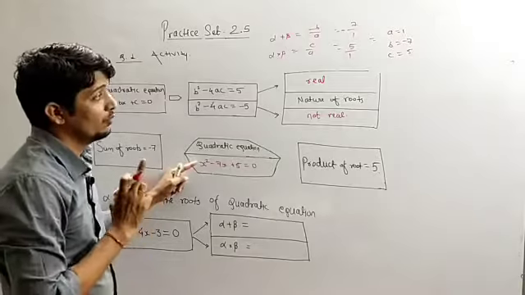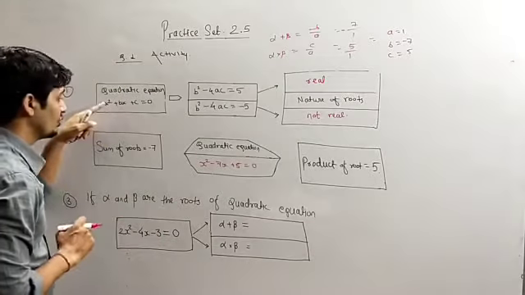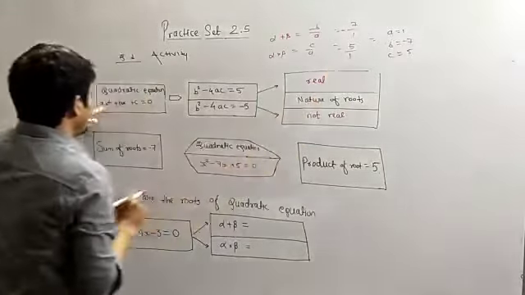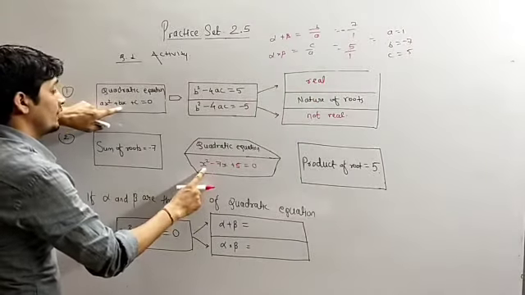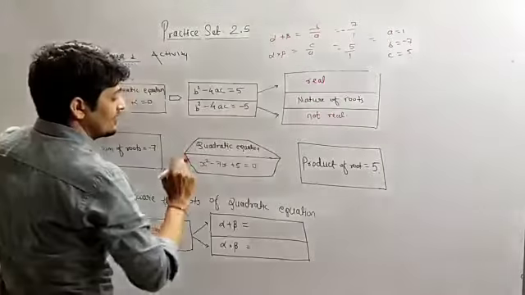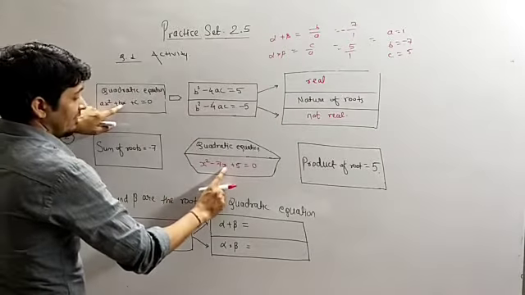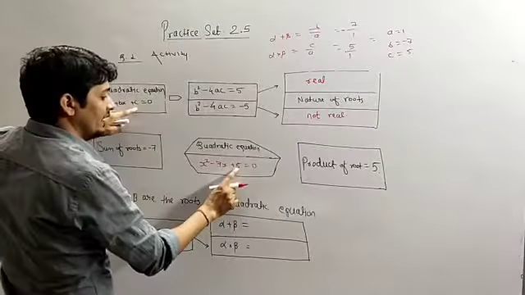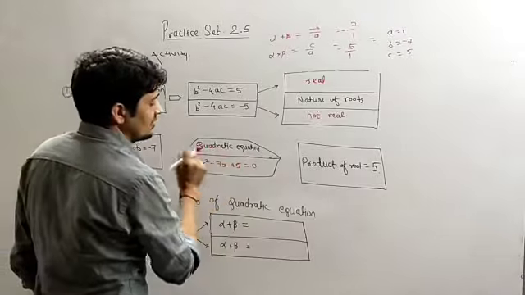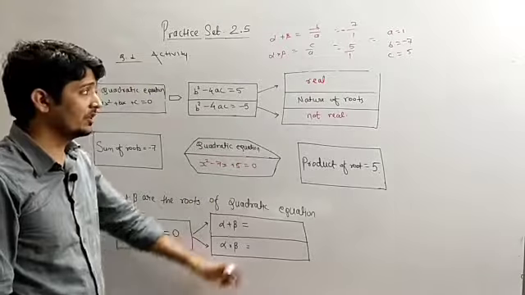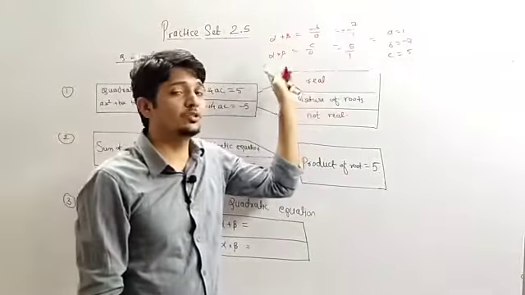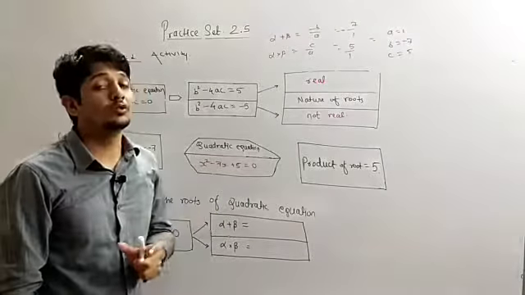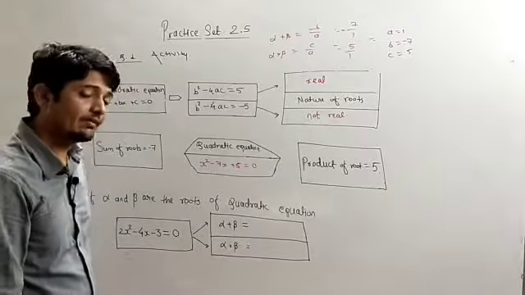So we have 1, this is a standard form. By comparing with the standard form, instead of a we have to write 1, that is x square. Then we have bx, so the value of b is -7, so we have written here -7x, and then we have c equals to 5, so instead of c we have written 5 over here. So this is the standard form of quadratic equation. You have to write like this only to decide the quadratic equation on the basis of given values of roots, that is alpha and beta.